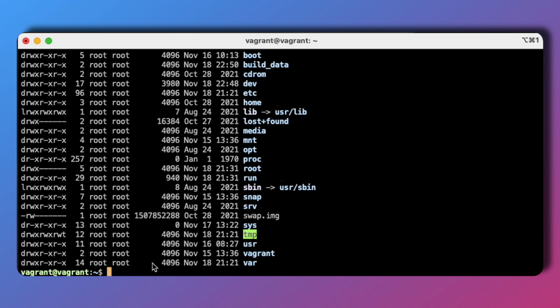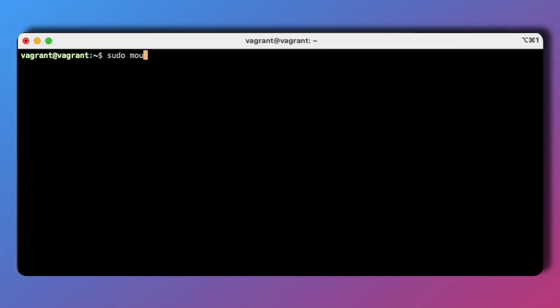So for that, I will type sudo mount, and now the path to our partition and the folder where we are going to, the destination place where we are going to mount it. Okay, great. The last step is also optional. If we want to make the mount persistent, we need to edit the